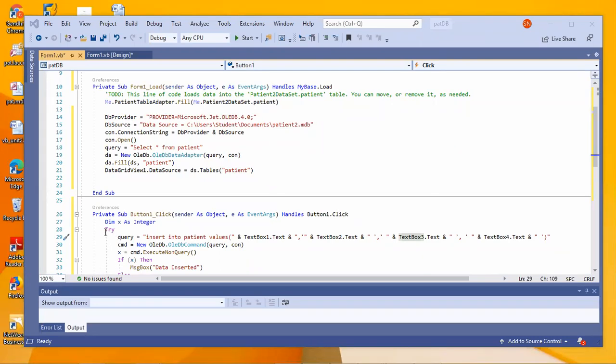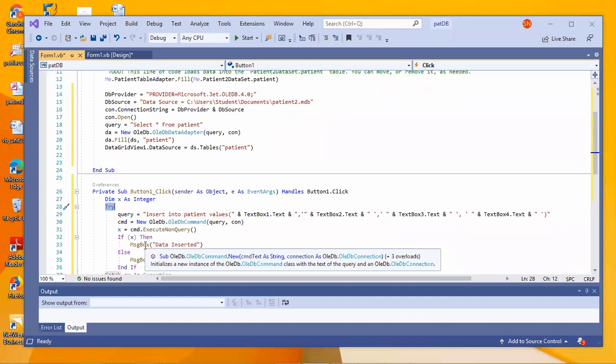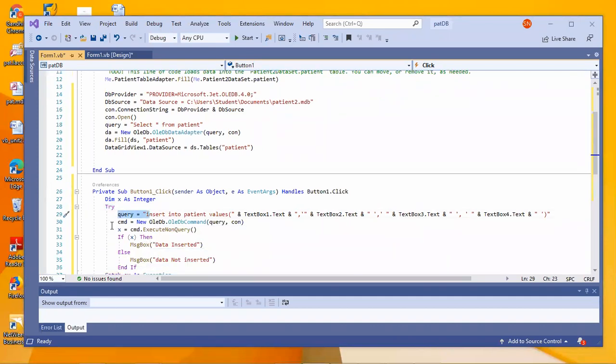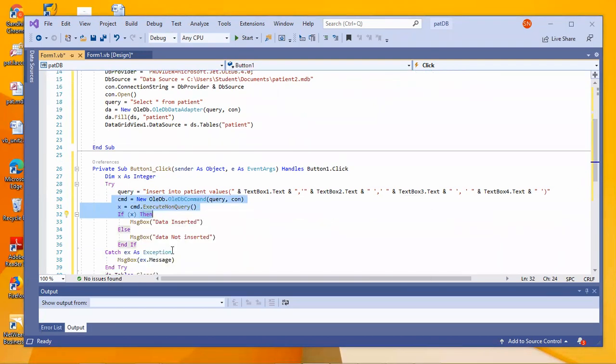For that, I am trying to put it in an exception block. I'll try to execute a query and do the connection. If it works, then fine. If it does not, whatever the error is, I'm asking it to catch that error and display it. So I'm putting the insertion query in a try catch block, because I'm not sure whether the connection, command and insertion will work perfectly. I may get an error. It may not have a proper connection. So if any such thing happens, I'm asking it to catch it and provide a message. That's the reason I'm putting it under a try catch block. Clear? The usage of the try catch block. Is that clear?